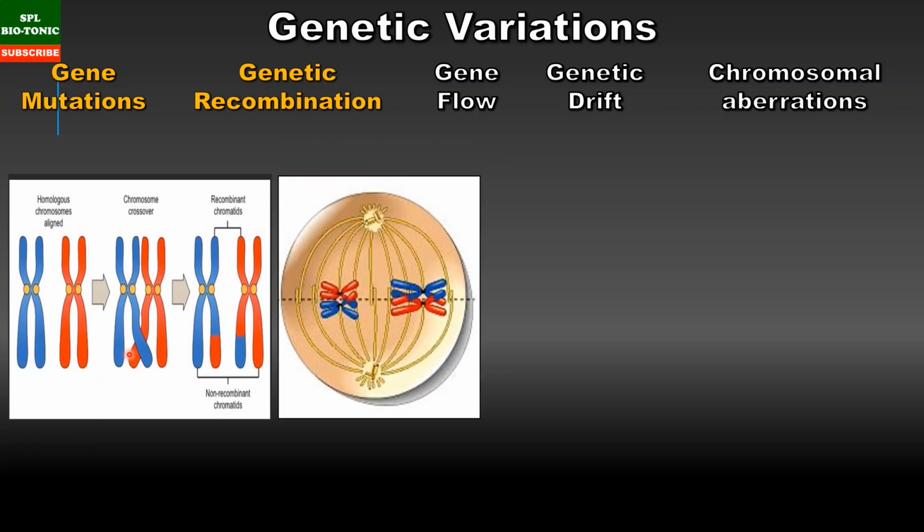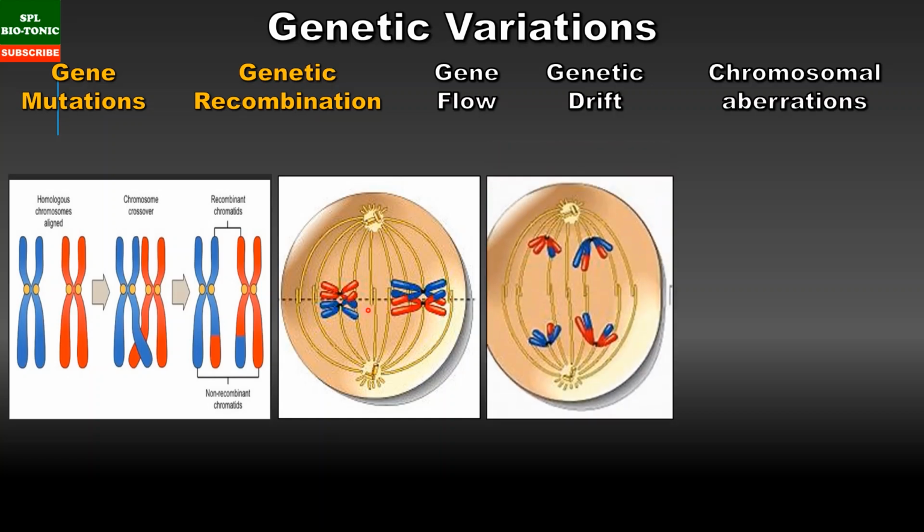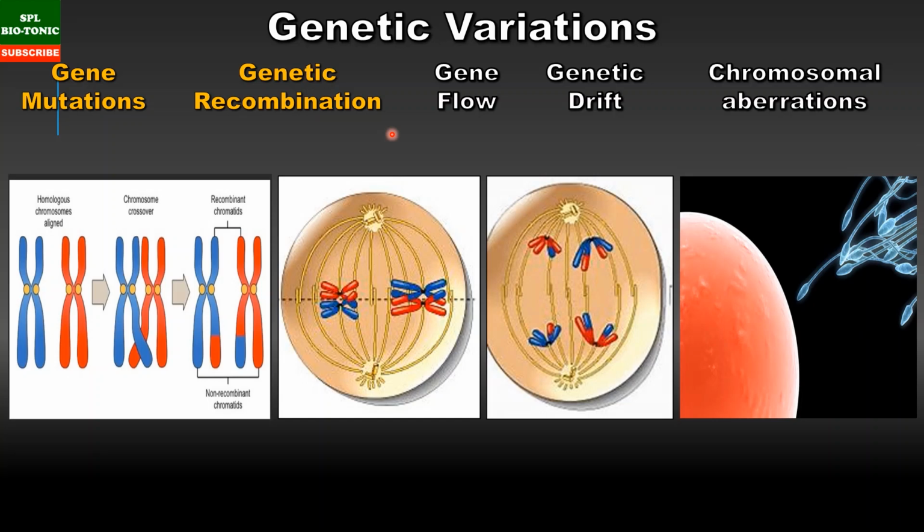The second genetic recombination is due to the random arrangement of chromosomes at metaphase 1, again during meiosis, and it also occurs due to the random separation of chromosomes during anaphase 1 of meiosis 1. So prophase 1, metaphase 1, and anaphase 1, in all these three stages they help in genetic recombination directly. The fourth example of genetic recombination is the random fusion of sperms with the ovum. So that also leads to genetic recombination.